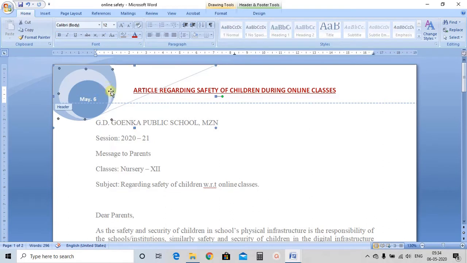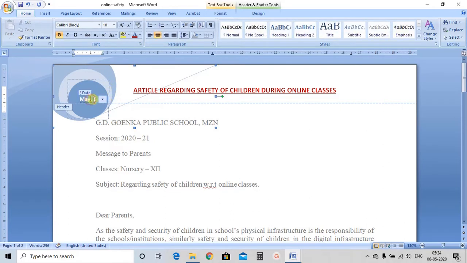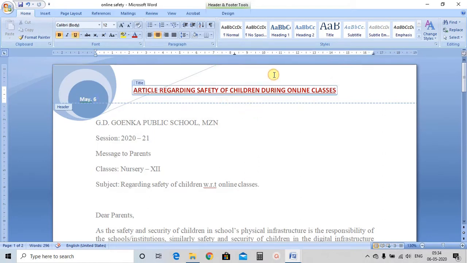What I have done, I have picked the date May 6th. And then, after finishing this, whatever you want on your header part, the date we have added as per the design, then the title we have added.